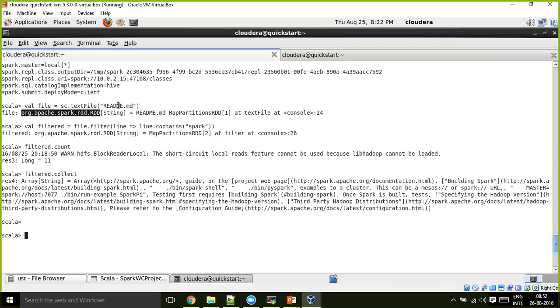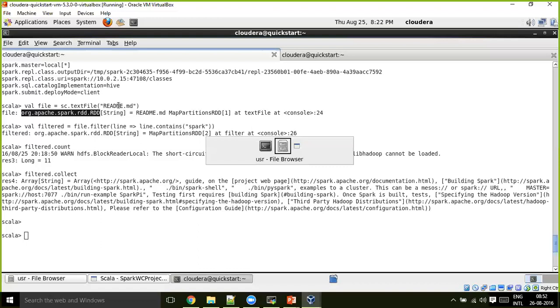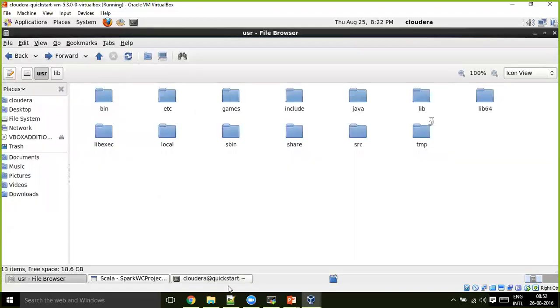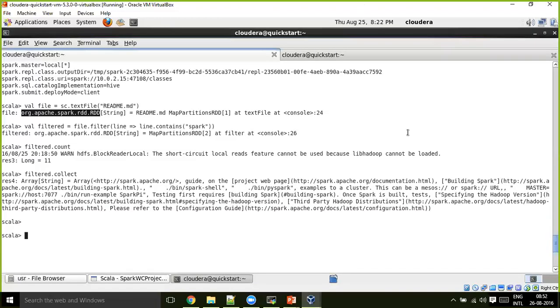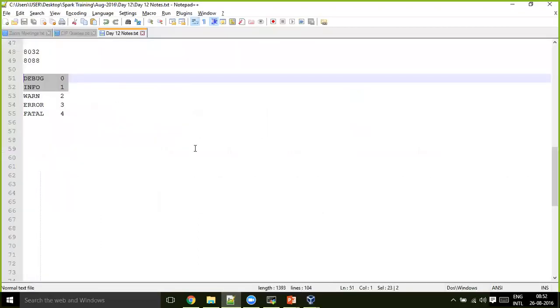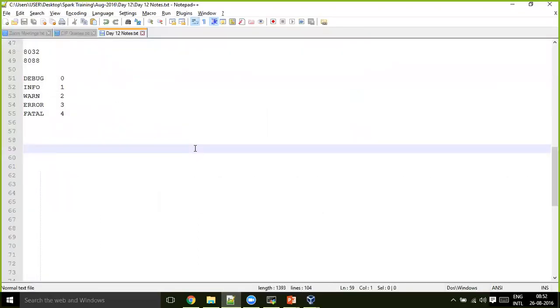If you upload a 1 GB file from LFS to HDFS, you will get 8 blocks.